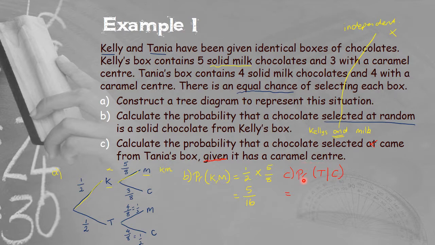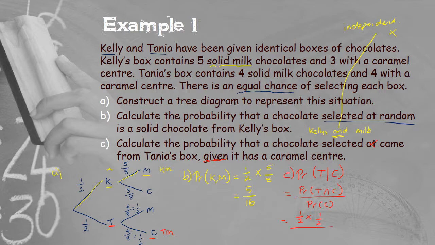The order we set this up is very important because it will influence the equation that we're about to set up. So our formula says that we then have the probability of Tanya's intersect caramel divided by the probability of a caramel. So the probability of Tanya and caramel, we follow our branches, Tanya and caramel, we're getting to this sample space here, the TM, and the independent events, we multiply, so we're going along the branches, half times half,